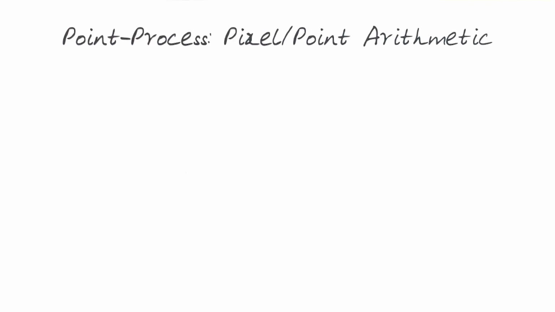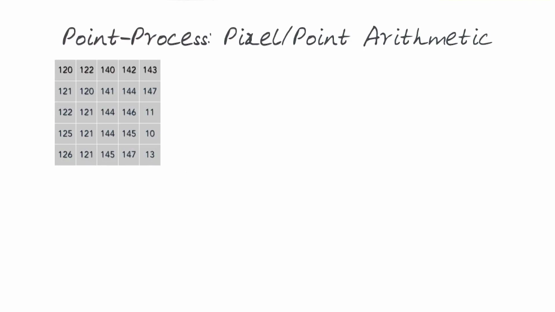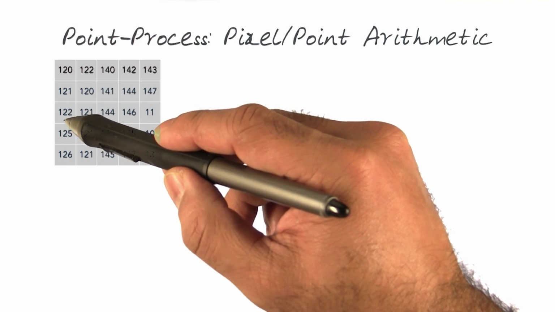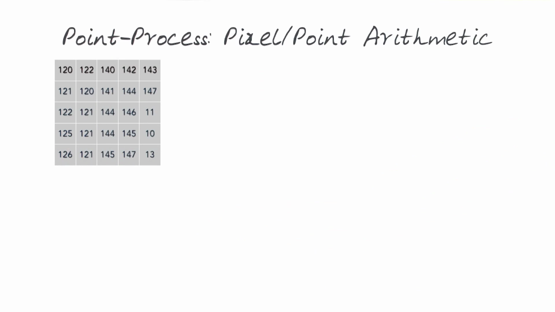So now let me actually go into the details of how we're going to do point processing with an example. Here I've basically come up with an illustrative example using a small image, a small matrix here. Basically it's a 6 by 6, and if you notice it's filled in with various gray values, or values from 0 to 255: 120 intensity value, 121, 122, 125, 126, and so on. Again, it's basically a small image.